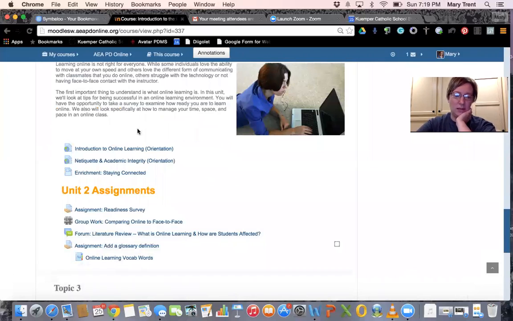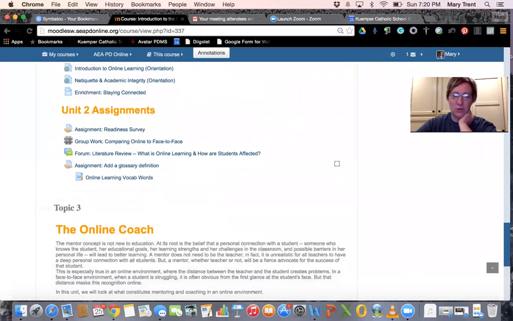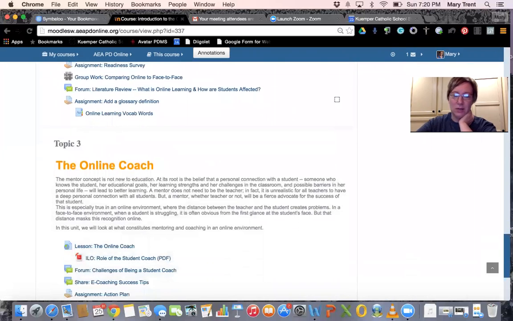Oh, and then you need to add a glossary definition on online learning. And I know when I first took this class, I clicked on this and read what the assignment was about. I'm like, okay, so where's the online glossary I'm supposed to see? Well, it's right here. The directions weren't right with it. That's why I was like, where is this at? So it's right here. And again, I see all of your contributions and who puts things in there. I'm trying not to repeat anybody else's